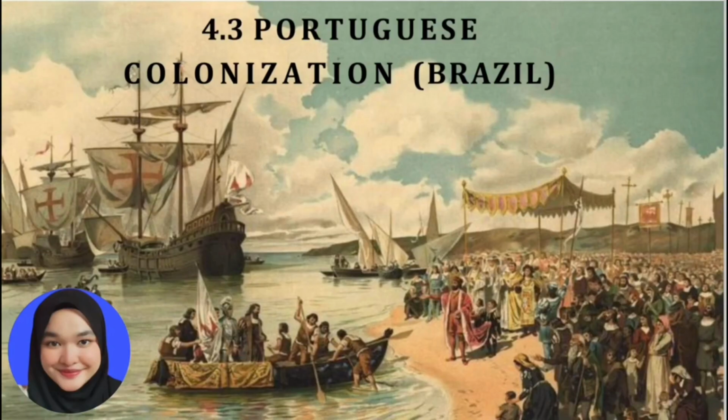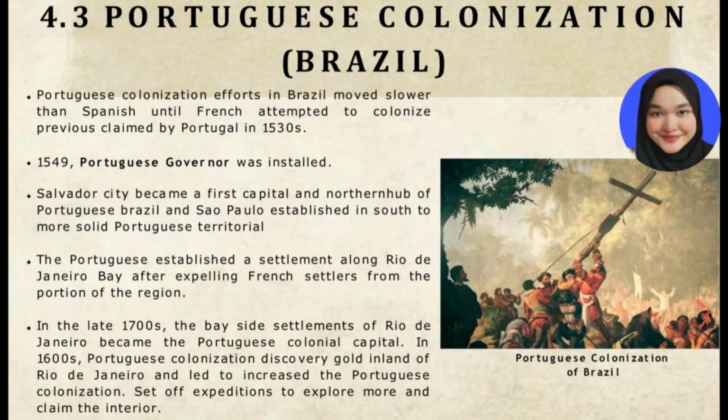So for 4.3, Portuguese colonization in Brazil. Portuguese colonization efforts in Brazil moved slower than Spanish until the French attempted to colonize a previous claim by Portugal in 1513. In 1545, a Portuguese governor was installed. Salvador City became the first capital and northern hub of Portuguese Brazil, and Sao Paulo was established in the south to create more